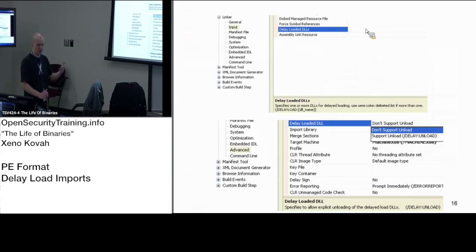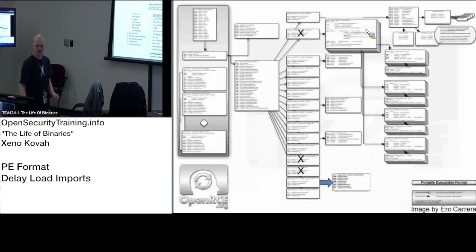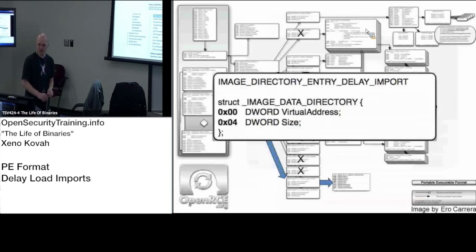Now the programmer will know that he imports from that DLL because he went and looked up OpenProcess or something like that, and he'll go on the MSDN page and see OpenProcess uses kernel32.dll. They can say, I know I only call OpenProcess in really rare cases, so maybe I want to delay load that. The reality is that kernel32 is one of these special DLLs that gets loaded almost all the time. But